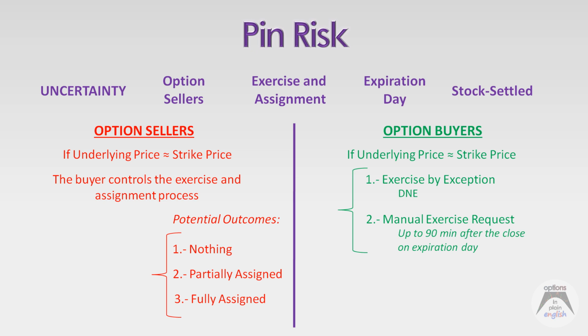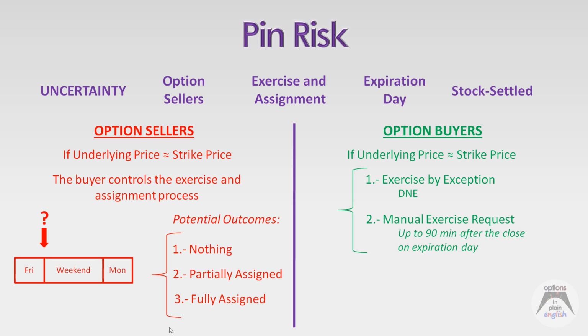Okay. Now, as a seller, you could be not assigned at all, partially assigned, or fully assigned. And what does this mean? Well, maybe you thought that you didn't have any exposure because your short options expired out of the money. So you think that your account is flat, and then you get exercised either partially or fully. And what's going to happen is, the usual situation is that the options expire on Friday. So you're here on the Friday, and then it's going to be the weekend, and then Monday morning. So